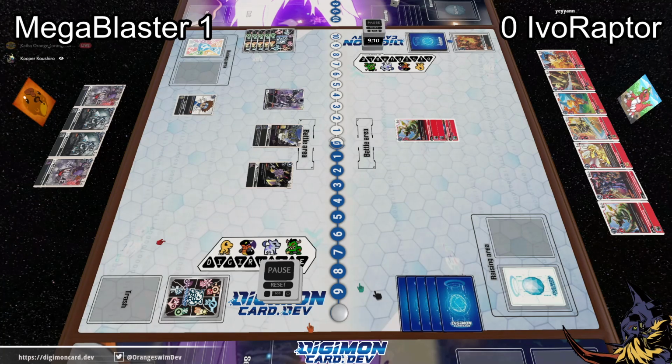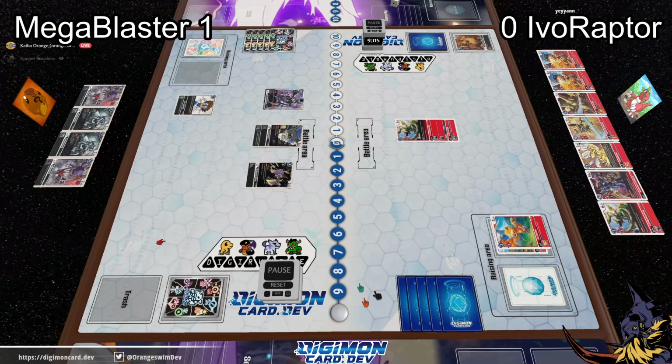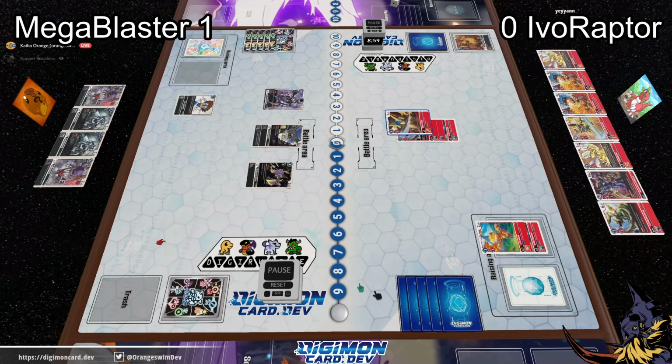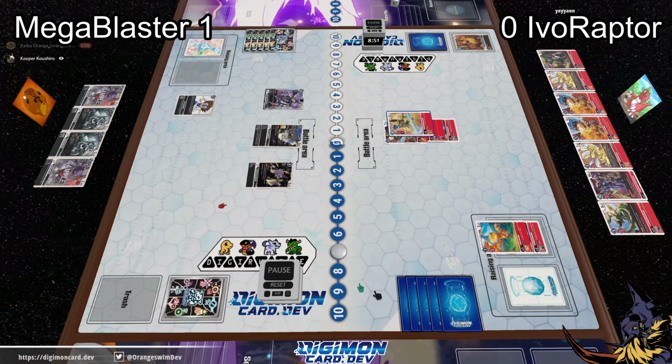He does, however, have easily the memory to rebuild there. He's got an extra copy of Duramon. He doesn't have an extra Mega to get the free Digivolve, but I mean, he has 10 memory. Why do you need it? Yep. Smart play there by Ivo, playing around the De-Digivolve by using the Brywaludramon first, and making sure he would